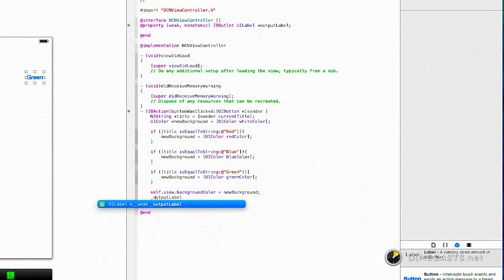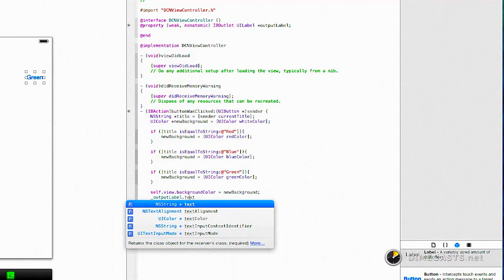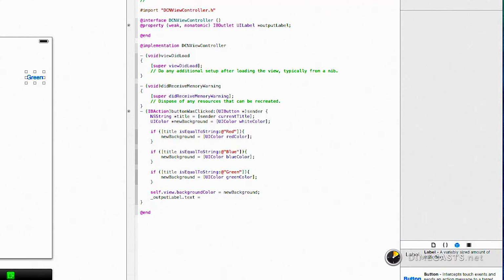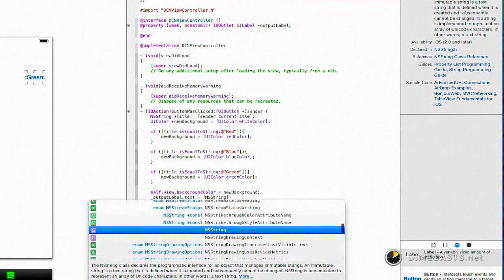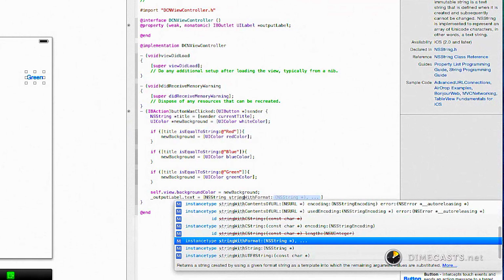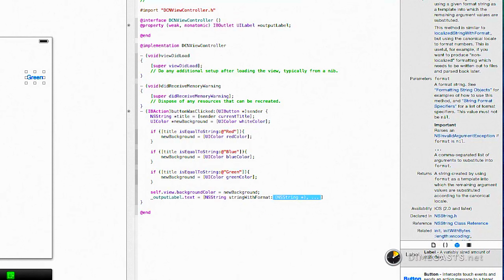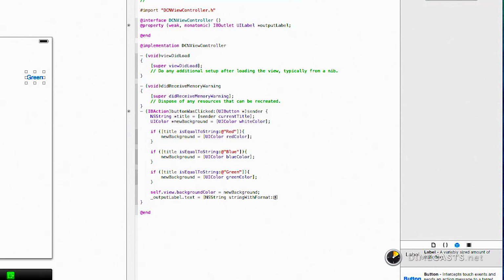Next, I'm going to access the output label, text equal to NS string with format, and my string is going to be the screen is now